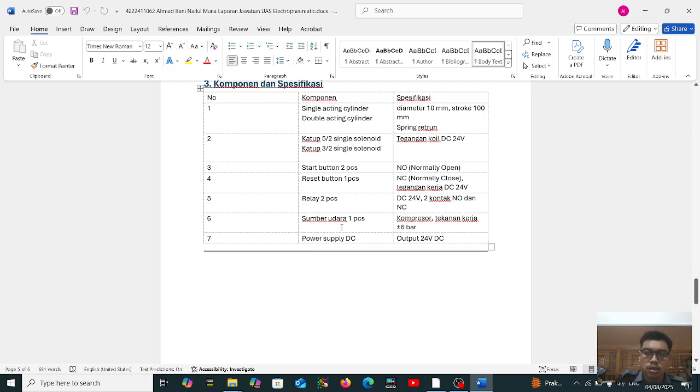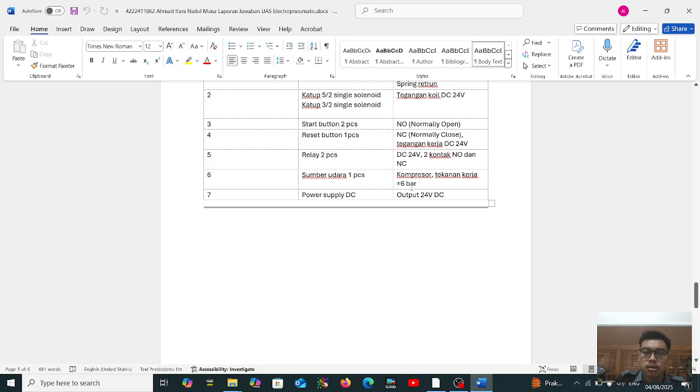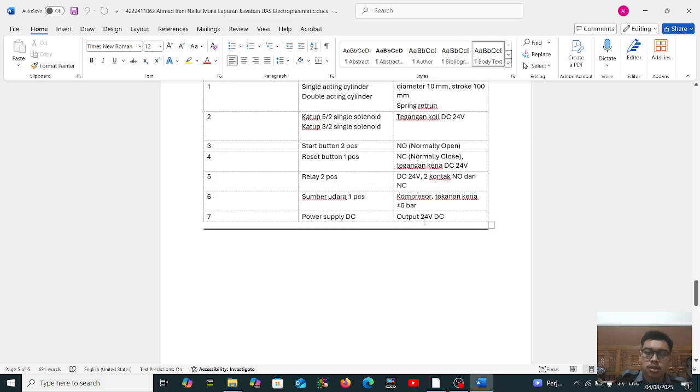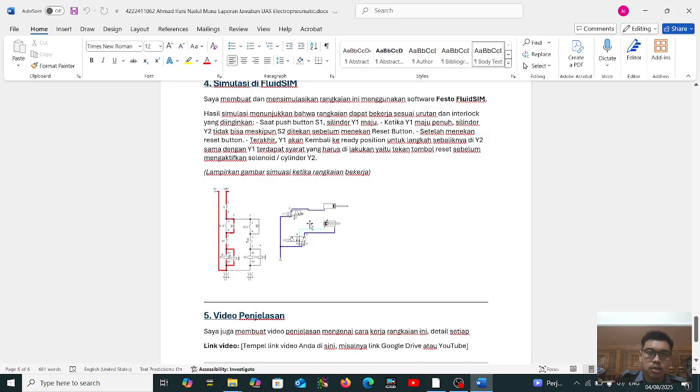The source is the compressor, the high pressure is 6 bar, and then the power supply DC specification is 24 DC. So this is how this machine works in simulation.